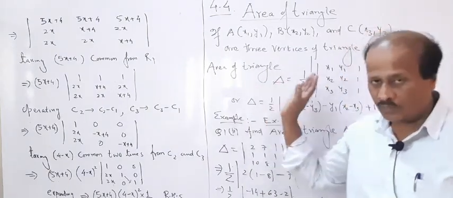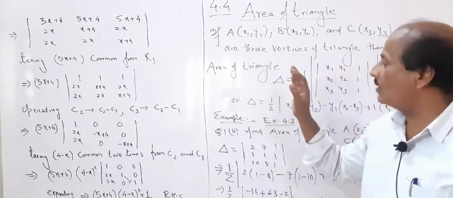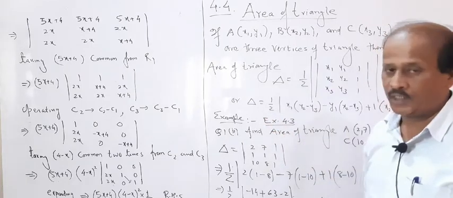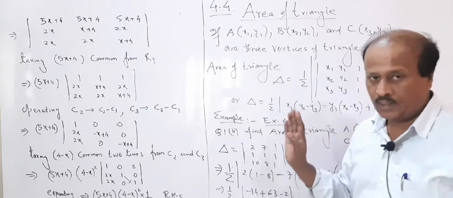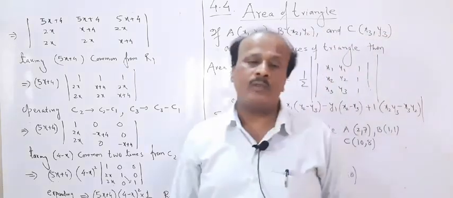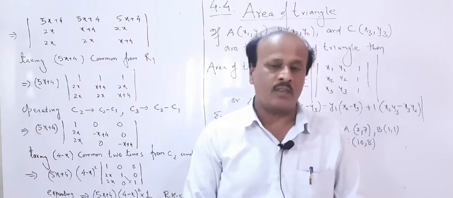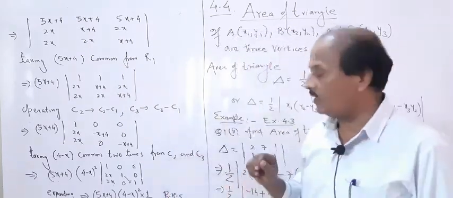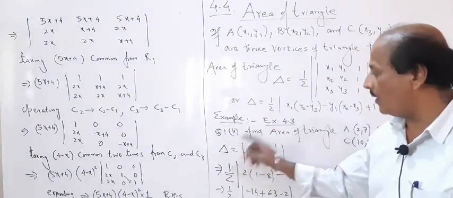So just to support this formula, again I am telling you it's a very easy topic. I took one example from the textbook only. One question from exercise 4.3. It doesn't mean that exercise 4.2 is over. In a coming session we are going to do some questions of exercise 4.2. Today, just to support this formula, I have taken one question from exercise 4.3. It's question number 1 part 2.